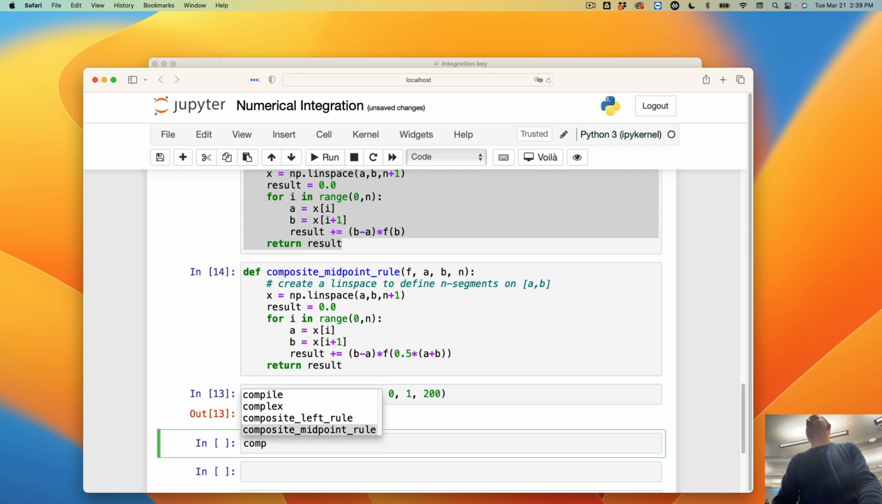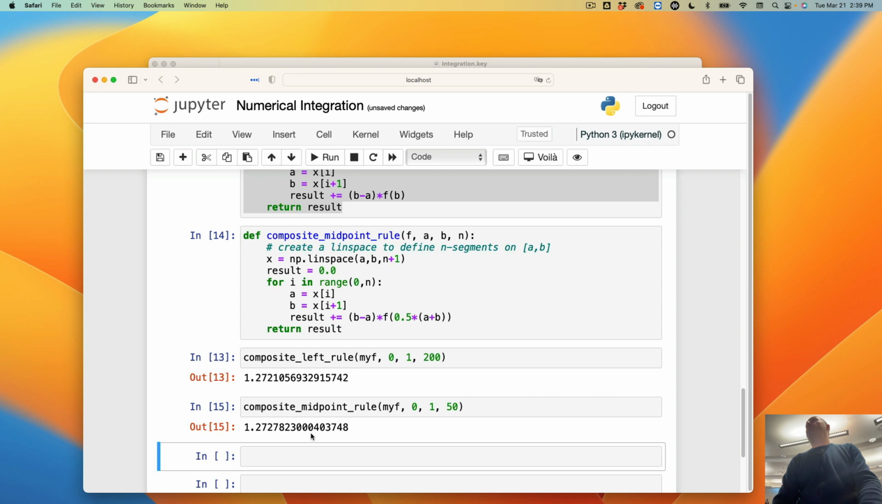Composite midpoint rule, my f, 0, 1, say 50 points. Pretty accurate. Actually, the midpoint rule is one of the very accurate methods that we're going to see. With 50 points, we're able to get even closer to quad, which is a very accurate method. Okay. With the right point rule,